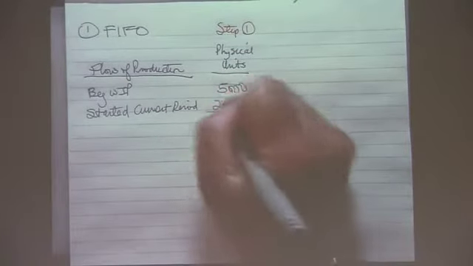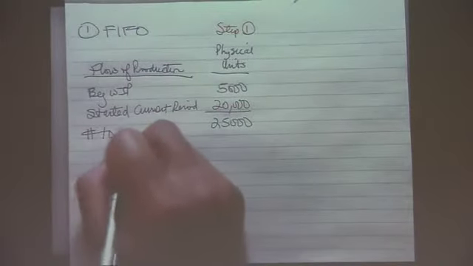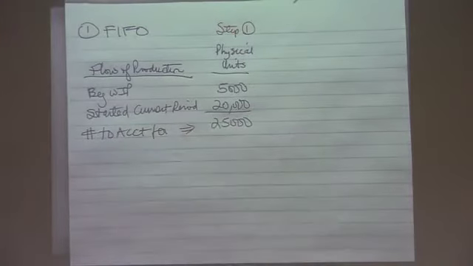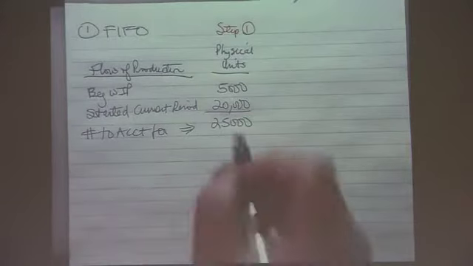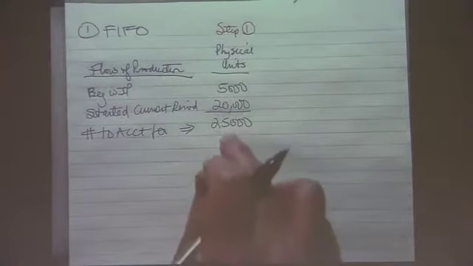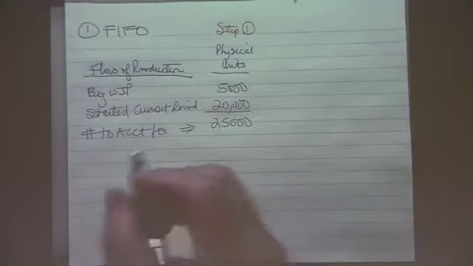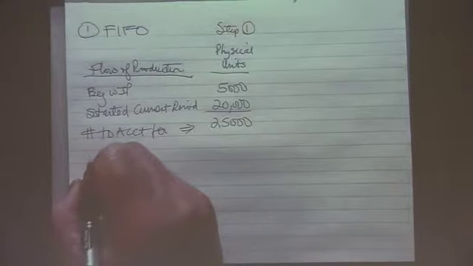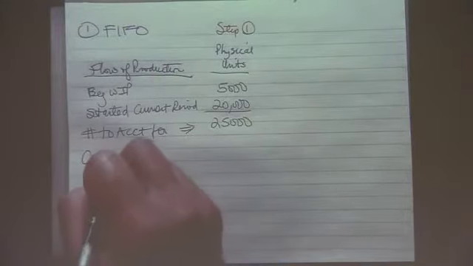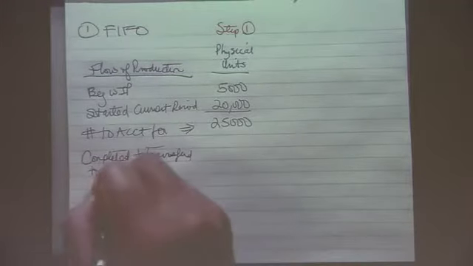20,000 to give me 25,000 is the number to account for. Now, we need to analyze this 25,000. And we need to analyze that of these 25,000, we know that 22,500 were completed and transferred to testing